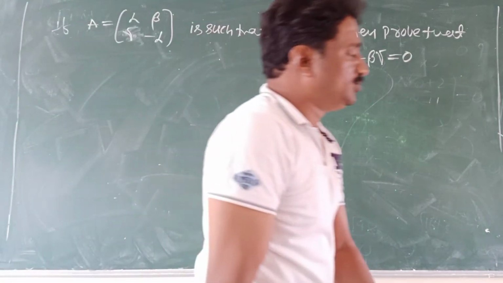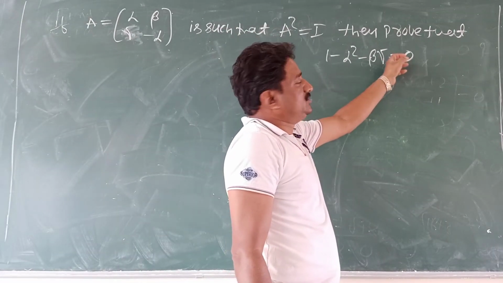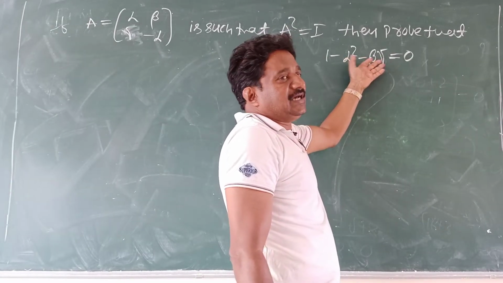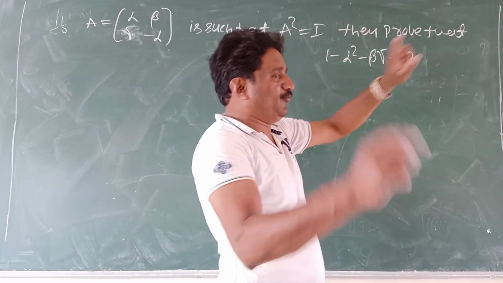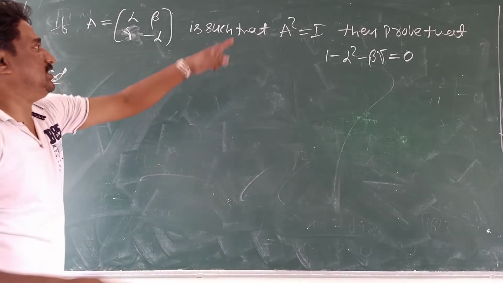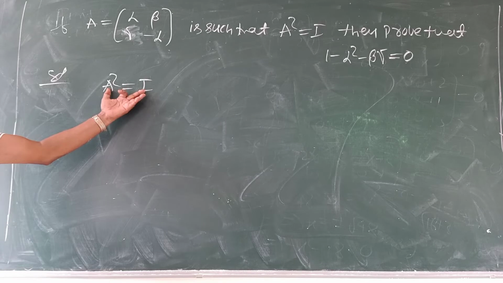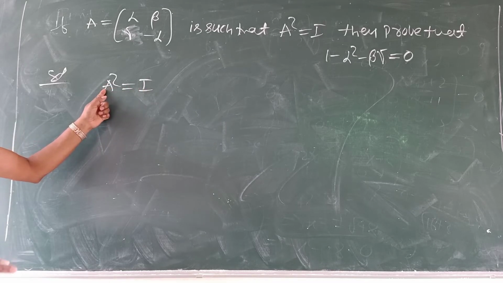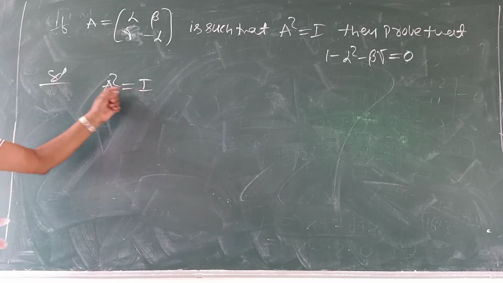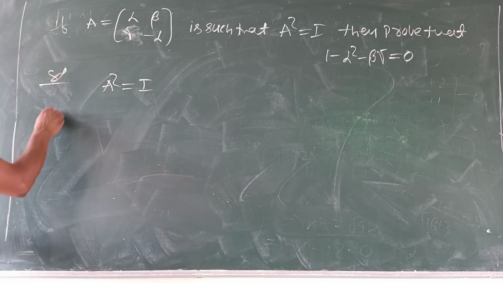Is it? I ask one so simple question. This number, is it 0 or O? It is 0 because we don't have matrices on the left side. Only if there are matrices on the left side, this symbol takes the meaning of O. Otherwise, it's 0 only. Right? Now, you take this equation, A square equals I. For this equation, I need A square. First, I go for calculating A square. A square is A into A.